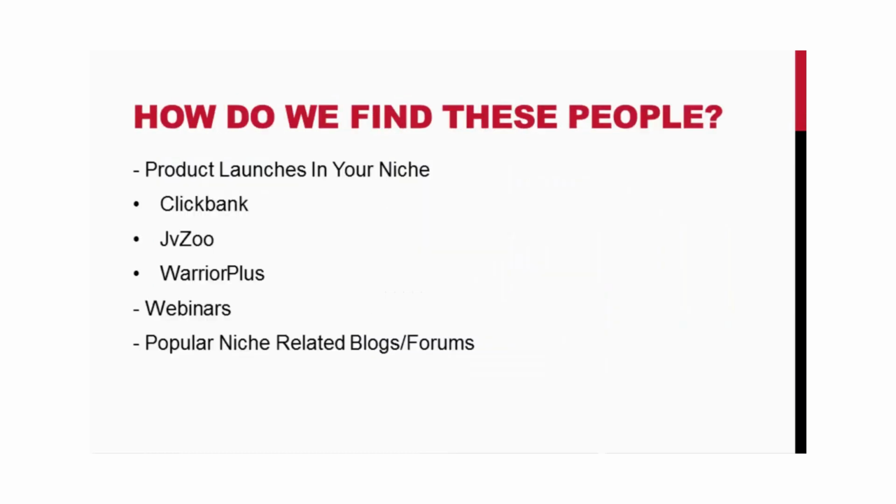So how do we even find people that have a huge email list in our niche? Well, there's multiple ways. Product launches: every niche has people launching information products. So you can head over to clickbank.com or JVZoo or Warrior Plus or any kind of affiliate network and search for all the different products they offer. Especially ClickBank, they have products in every single niche, so you can find all these people in your niche that have successful products. Contact these people and see what it would take for them to send out your email.